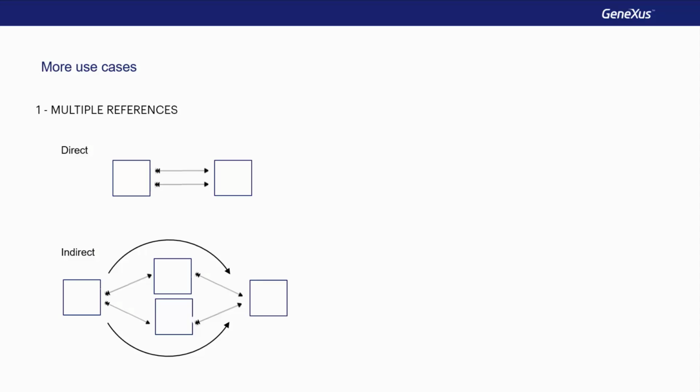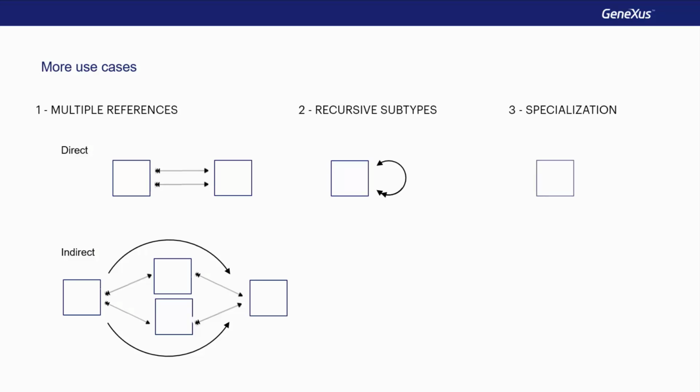We also have the case when an entity must reference itself. For example, an employee transaction in whose information we have to register the employee's boss, who's also an employee. Or in the case where we have an entity which registers general information, for example, of people, such as the name, telephone number, address, and so on, and then have entities which are specializations of that other entity, for example, clients and passengers, who in particular are also people.